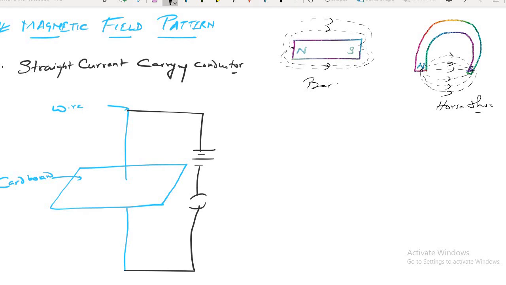Now what I have done, I have dropped some pieces of iron dust here. Lots of iron dust I have dropped here. This iron dust I have dropped, powder of iron, or you can say crucibles. Crucibles of iron I have dropped here. Now, I am closing the switch.